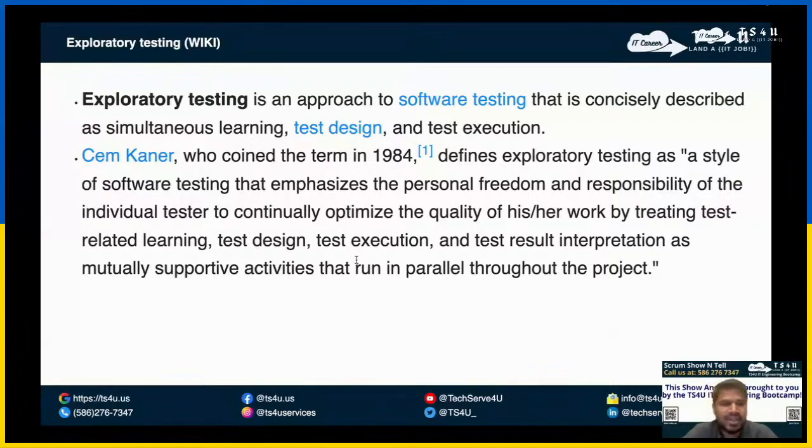Cem Kaner, who coined the term in 1984, defined exploratory testing as a style of software testing that emphasizes the personal freedom and responsibility of the individual tester to continually optimize the quality of his or her work by treating test-related learning, test design, test execution, and test result interpretation as mutually supportive activities that run in parallel throughout the project. See, so many testing types are the same. They want to say it is about continually optimizing the quality of his or her work by treating test-related learning, test design, test execution, and test result interpretation.